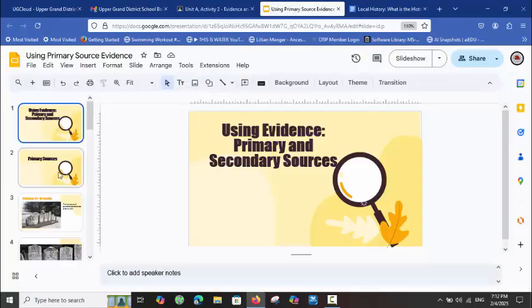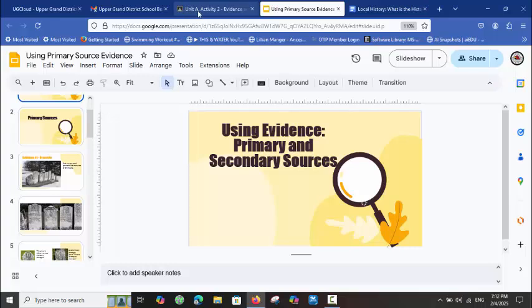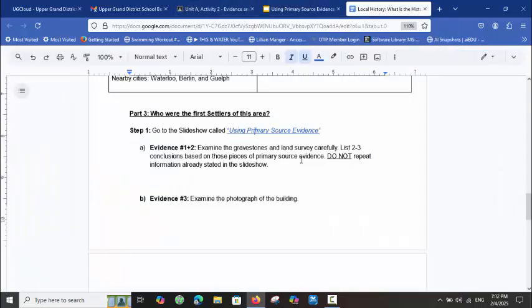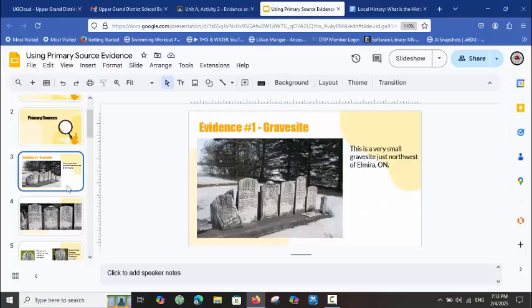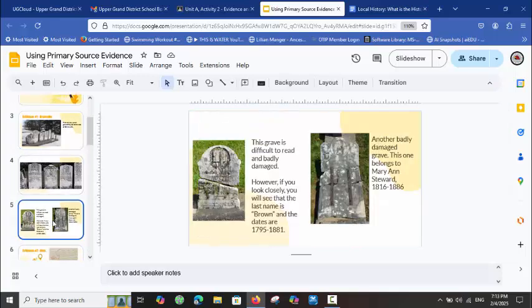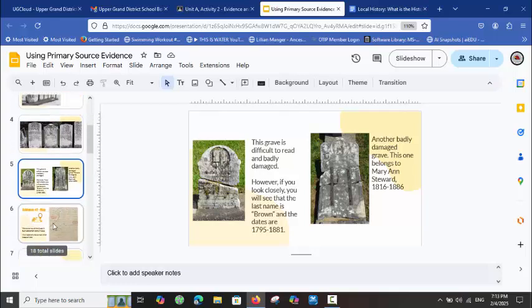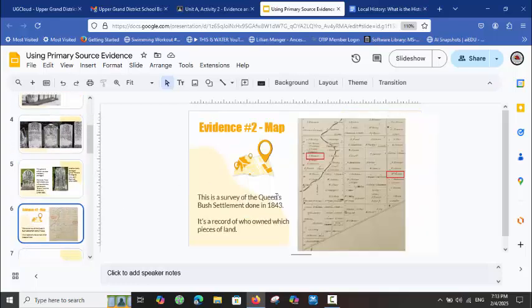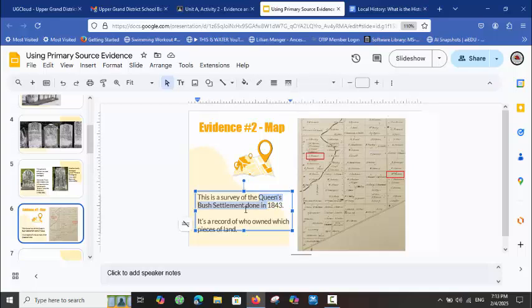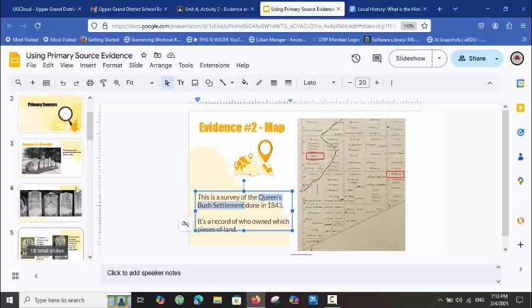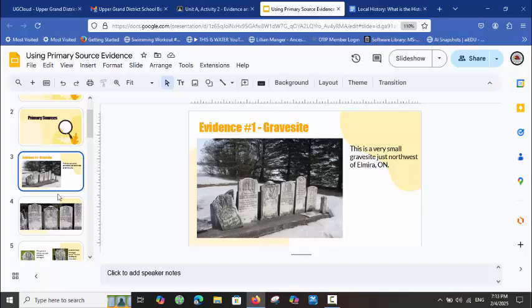Now that you have accessed the slideshow, follow the instructions on the worksheet. Going back to the worksheet under Part 3, it asks you to analyze evidence 1 and 2. Looking at evidence number 1 and evidence number 2, you can make some key guesses. You can see that they are both part of what's called the Queen's Bush settlement, and there are some names as well. By examining the gravestones,